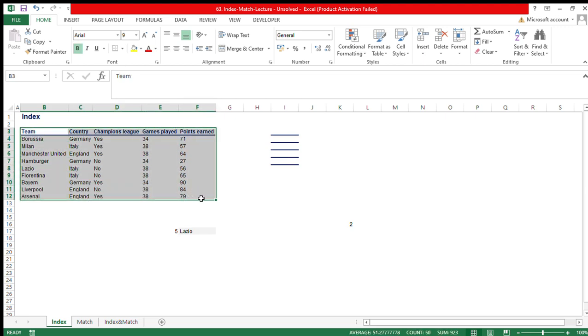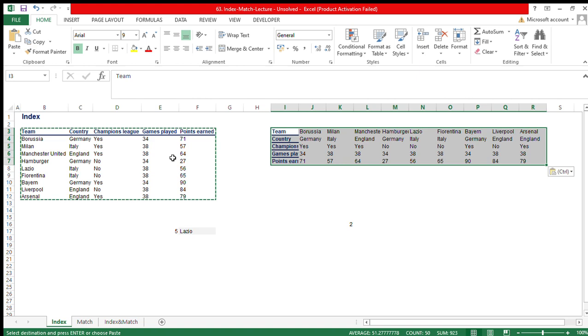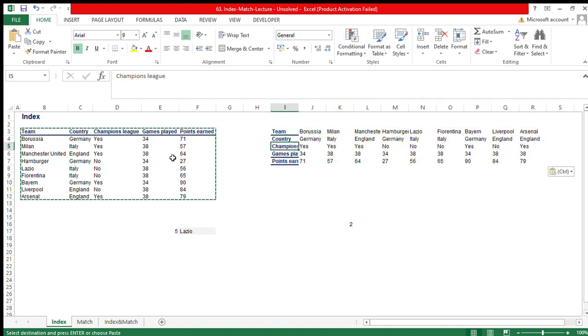So how can I change the formation of the data? Press Control Alt V, it will give a Paste Special. On the Paste Special, click Transpose. The Transpose will change the formation of the data. Earlier the data was in a vertical way, now the data is in a horizontal way. Okay,